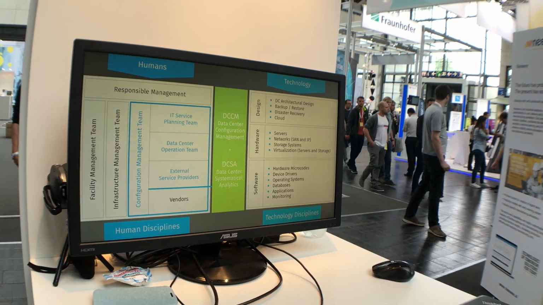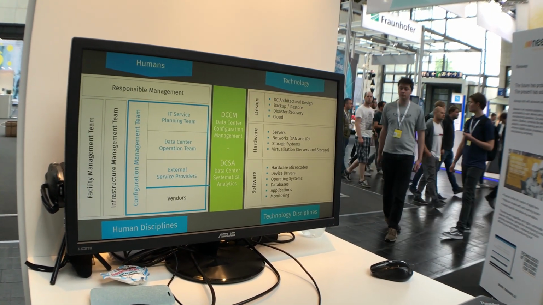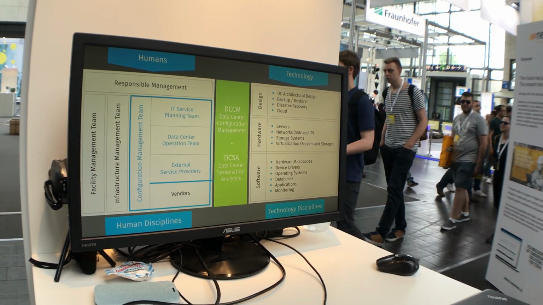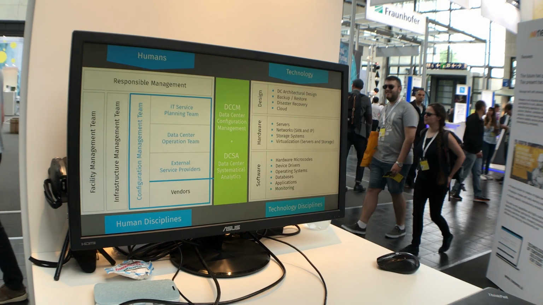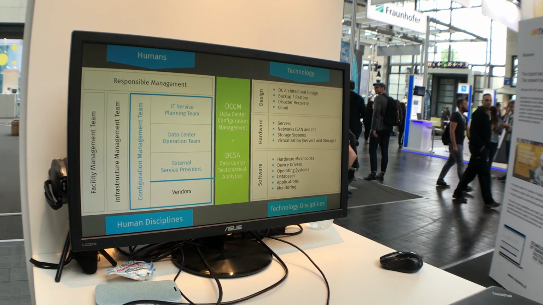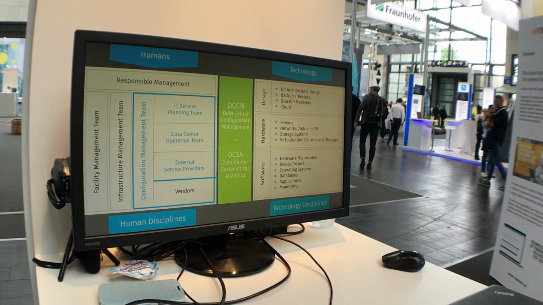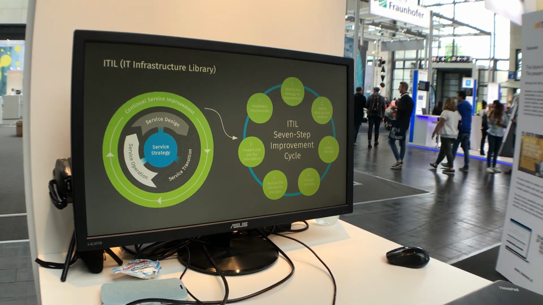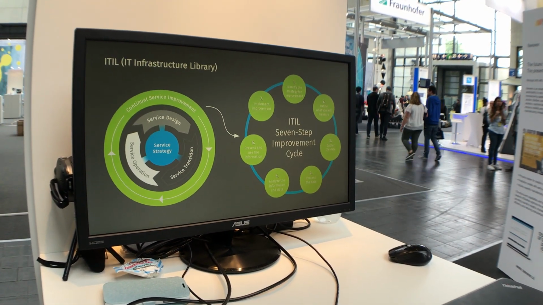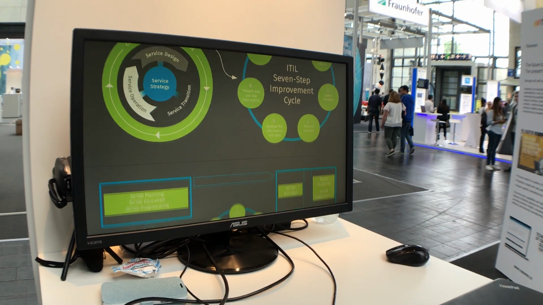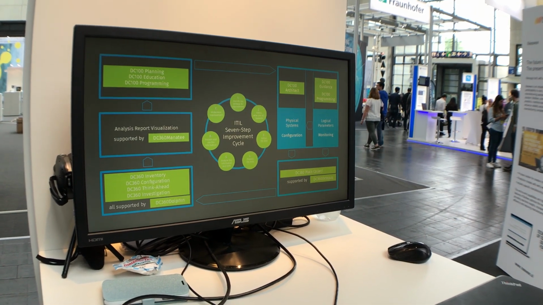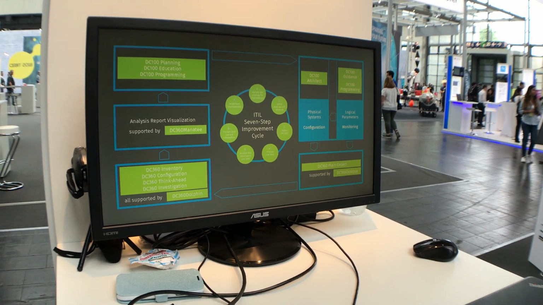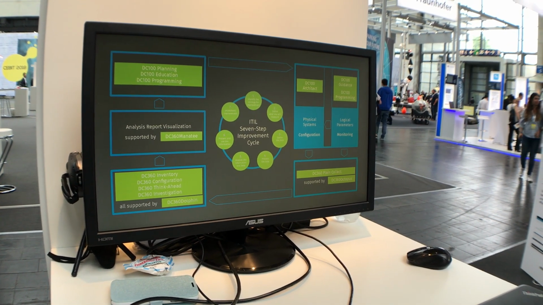So where we come in is in the middle between the human and the technology part. We are the translator backward and forward with our data center configuration management tools and our data center systematic and analytics that we put onto this. So this is the cycle that we have seen before on our chart. And these are the services that we have put around this ITIL 7-step improvement cycle, where we come into